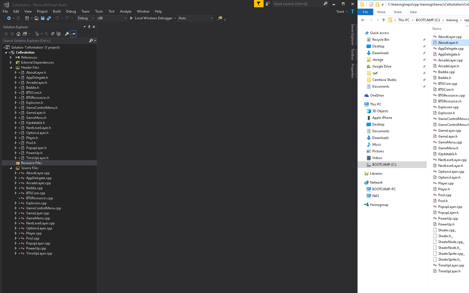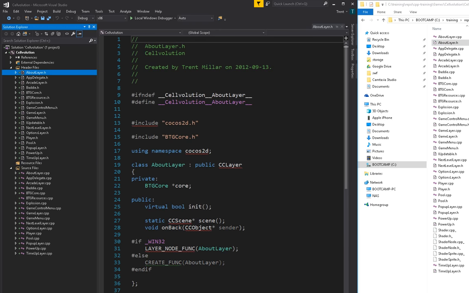And if we look over here, I can't really highlight this gutter. I can open up one of these. So anything with a hash symbol in front of it is a preprocessor directive, which when compilation is about to occur, all of these preprocessor directives are